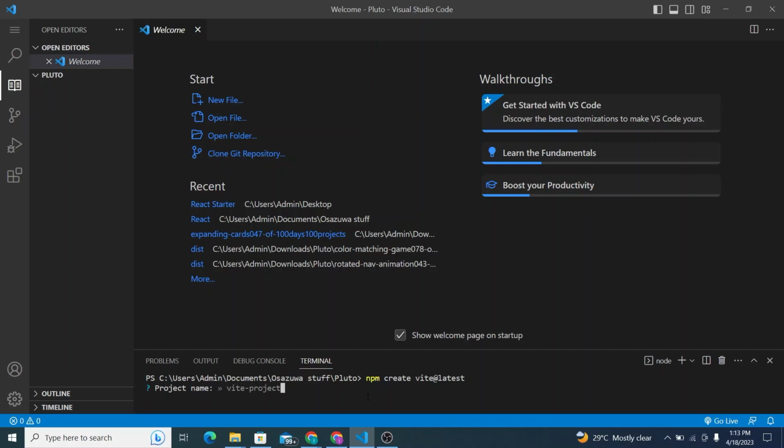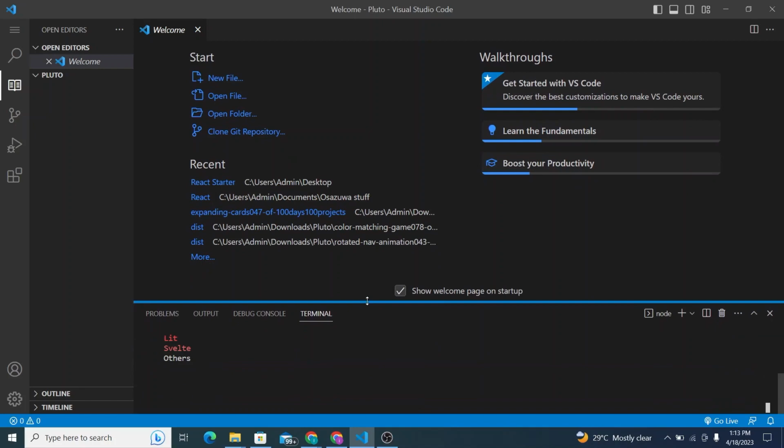So it's going to ask us a project name. I'm going to put dot because I'm already in my Pluto folder. I like my Pluto folder. It's a package name. You can call it Pluto. Actually, you could call it Learn React, but